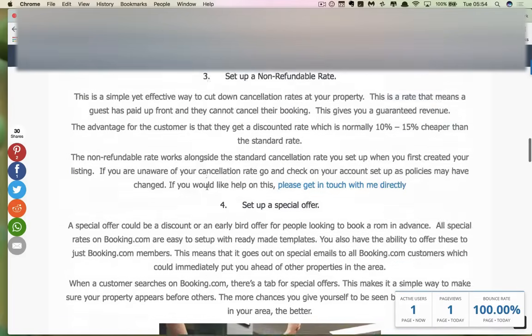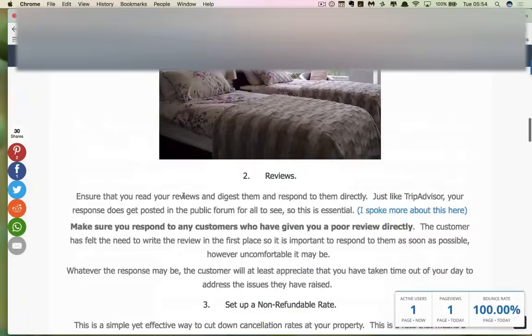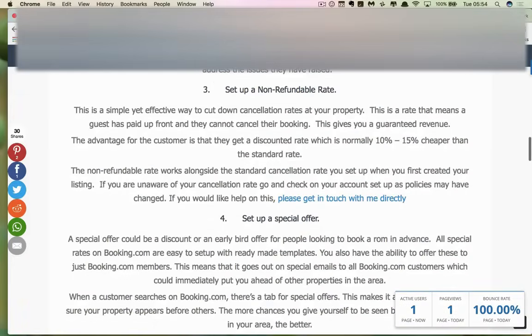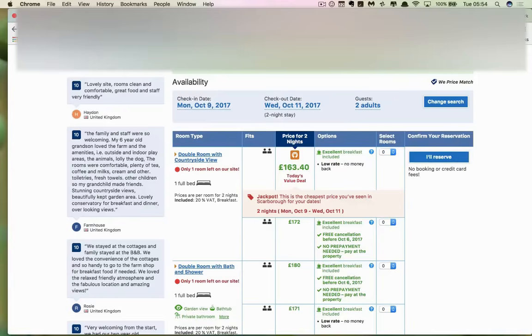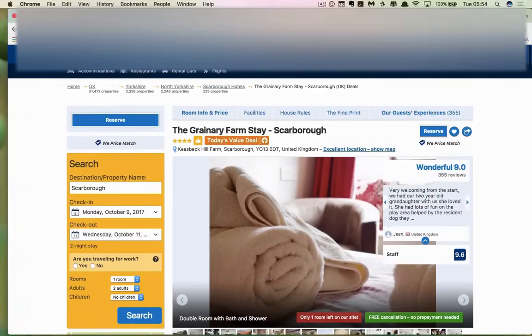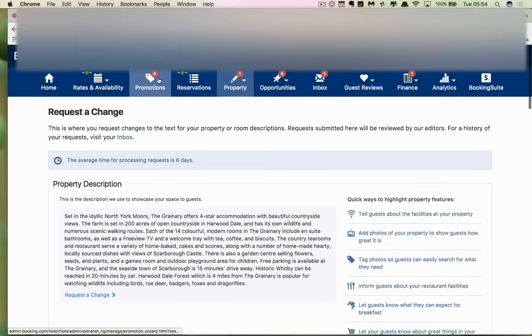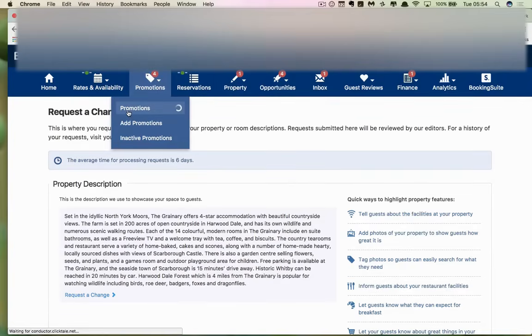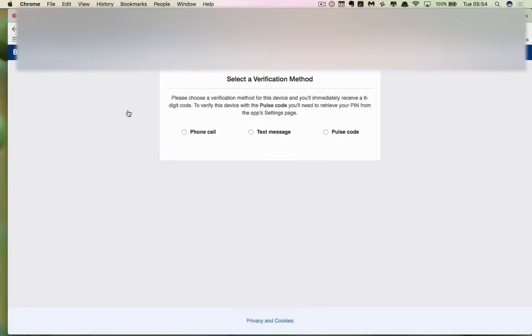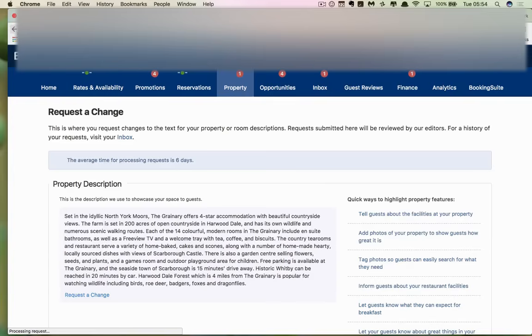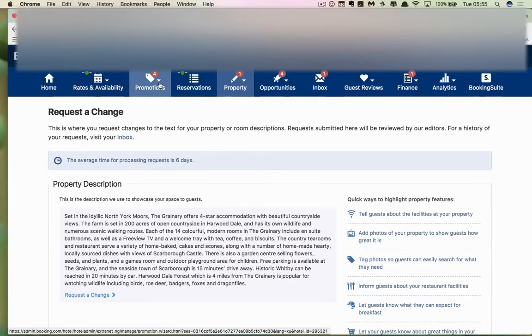So we've gone through non-refundable rate, we've gone through pictures and descriptions. Let's now talk about special offers. Now, special offers work well if you need to really get heads on beds. If you're more concerned about getting the quality of guest instead of just getting heads on beds, don't worry about this. But if you just need to get heads on beds, you need to fill up your property,